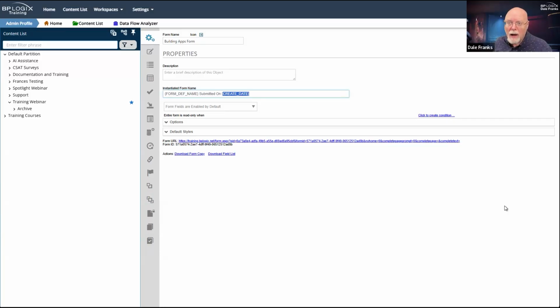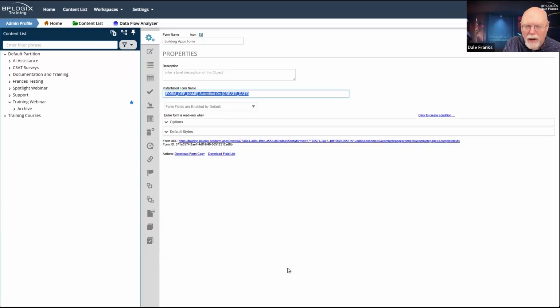I do not represent this as the most efficient or best way to do it, and maybe your organization has a better idea for how they want to attack that problem of having a unique form or request ID for each form. But I do know that I'm going to have a request number field on my form. And because I know it, I can actually go ahead and set the instantiated form name to use it.